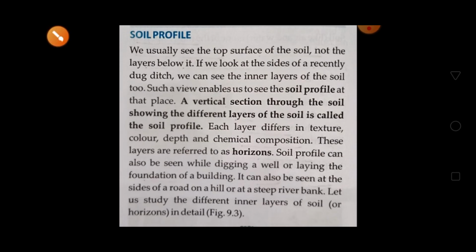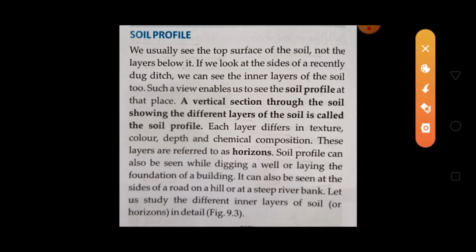A vertical section through the soil showing the different layers of soil is called the soil profile.